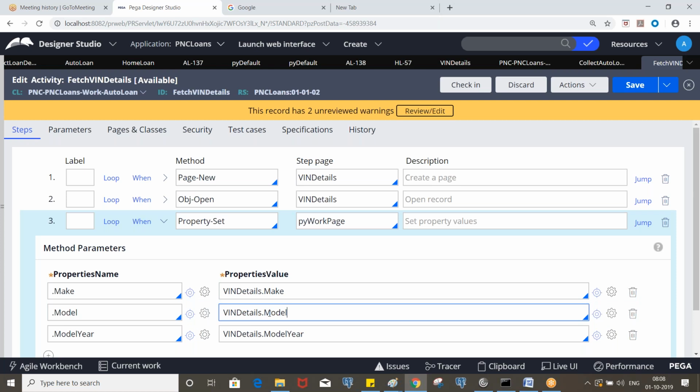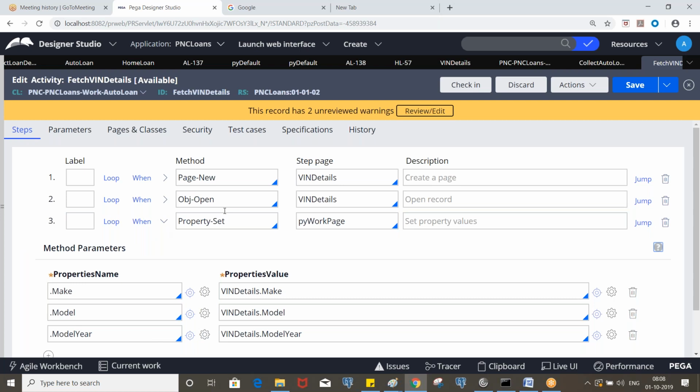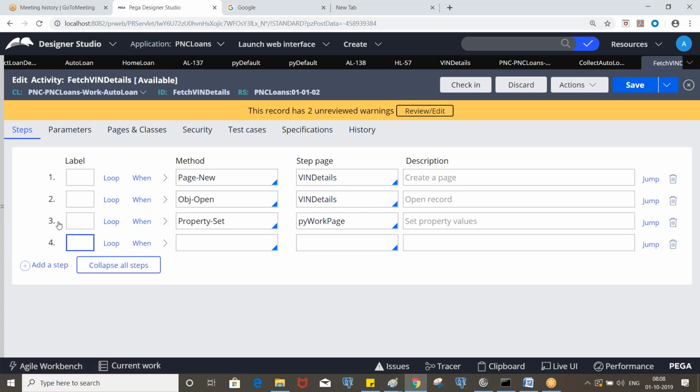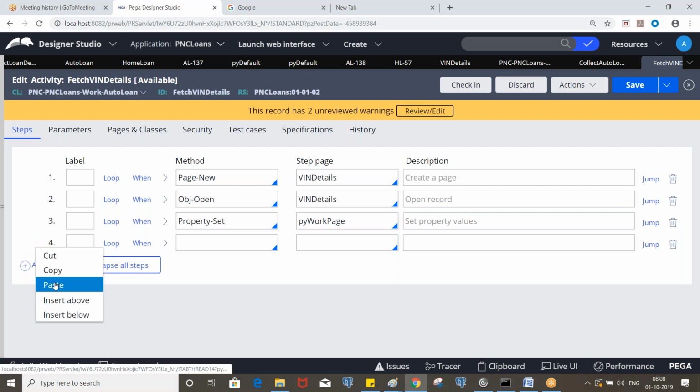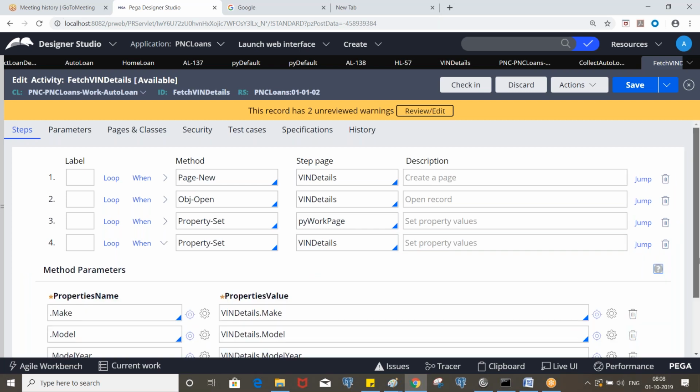Any questions here? If you have more properties, then you need to map them in the same way. Okay, so now let's copy the same step. Let's say I want to copy this step to here. You can do that. And here I'm going to specify win details. So we'll test both.